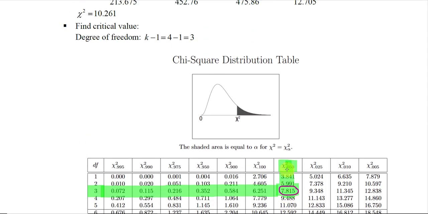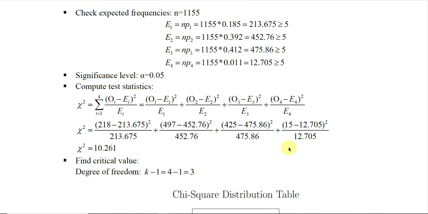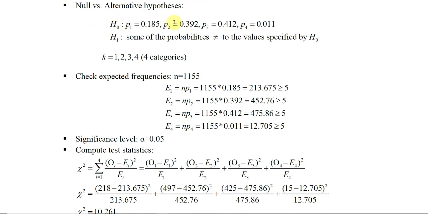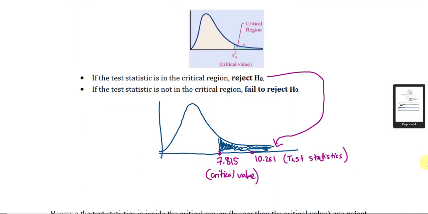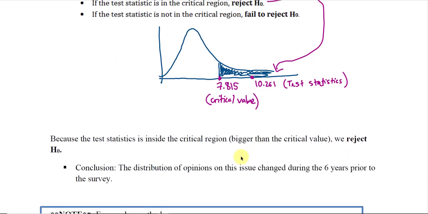That means we reject this hypothesis right here. We reject this hypothesis, which means we will support the alternative hypothesis. That means some of them may not be equal to one of these values. Alright, so because the test statistic is inside the critical region, we reject the null hypothesis. So the conclusion: the distribution of the opinions on these problems is changing during the 5 years